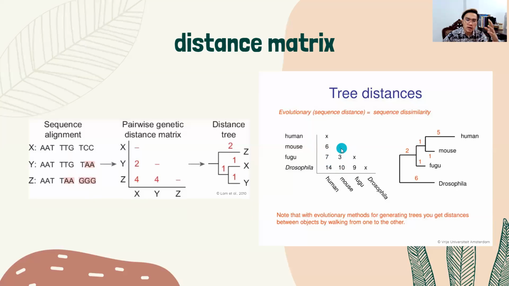That's the point. Once you look at that, you have an idea in your mind that fugu and mouse would be closest to each other. And then Drosophila, as you can see here, against any of the other 3 OTUs, be it human, mouse, or fugu, the units of genetic distance are huge. Imagine 9 to 14 across all OTUs compared to Drosophila. So in your mind, Drosophila could be positioned in the phylogenetic tree farthest from either fugu or mouse, or the group that fugu and mouse create.